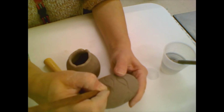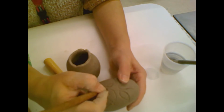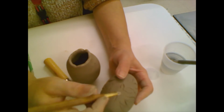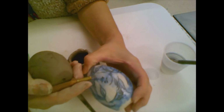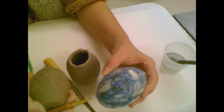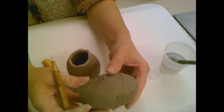I often like carving with a pencil too because the pencil gives a nice wide opening as well. So I just want to make sure that when I do carve that the openings are wide enough, because we're going to be doing a technique in glazing called inlay, and we're going to be pushing clay into the carving. And in order to be able to see that, the carving has to be deep enough to accept the glazes. So this inlay is showing off my whole design. So I want to make sure that that happens. So my egg is going to be carved when I know that I'm 100% done carving it,